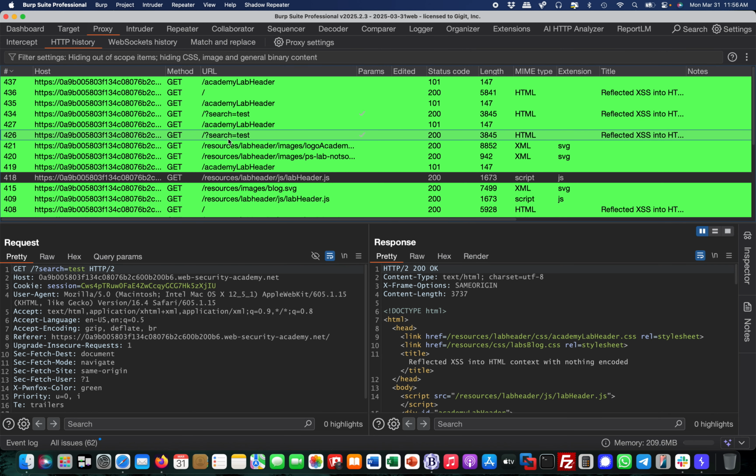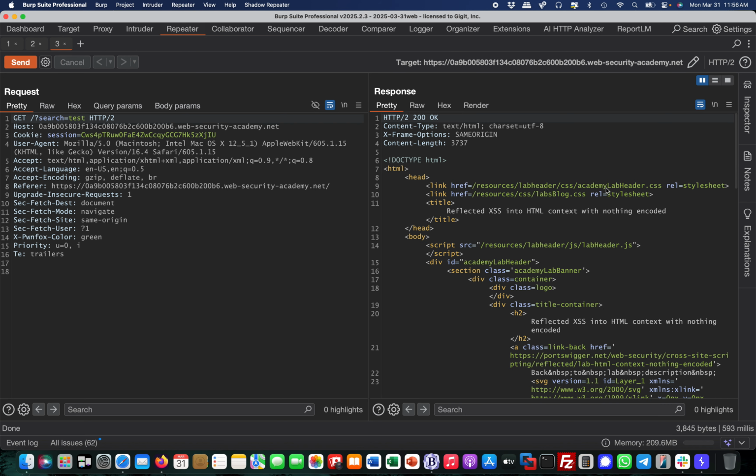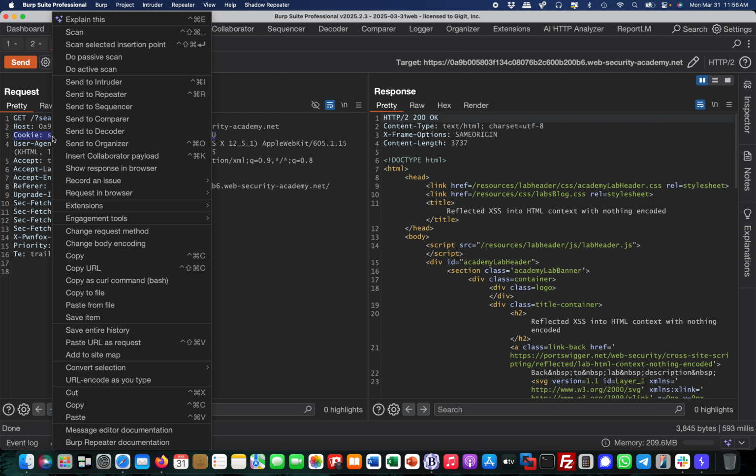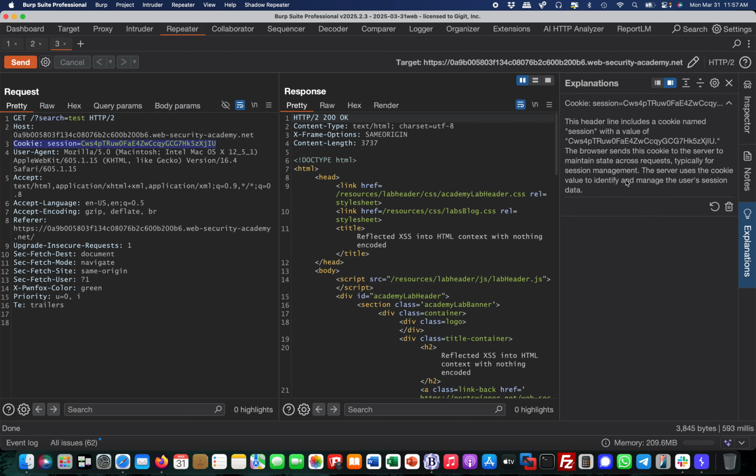So first and foremost, I have done a test here. This is one of the basic cross-site scripting labs from PortSwigger. I'm just sending this, so you see how it works. And a nice little feature they included is that if you mark a specific section in your GET request or in your response, respectively, then you can come over here, and you have something new called Explain This. And when you hit this, it's basically sending this to an LLM, and then it will give you